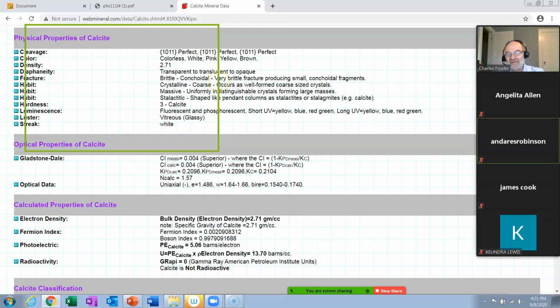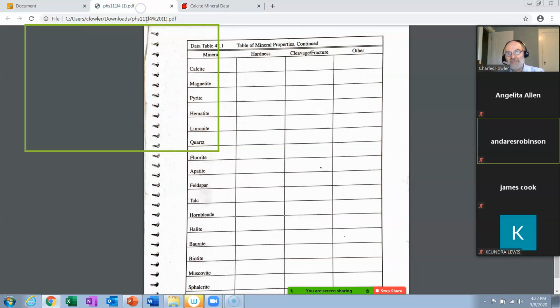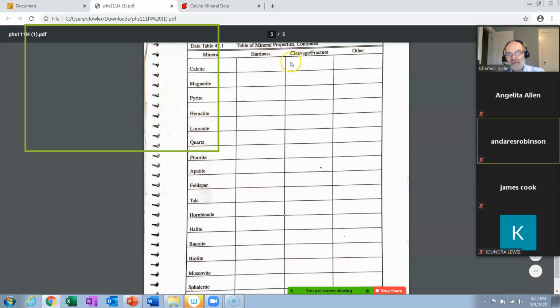Now you can't get all this in that one little block. So put some of this. You can put those four numbers if you want to, especially since these two are duplicating each other. Well, in fact, all three of them are duplicating. So I would just say one of these. 1011 perfect. Just put that and then slash brittle conchoidal. Okay? That should do it. You see, you only have a limited amount of space here. Perfect or 1011, whatever that was, perfect slash brittle conchoidal.